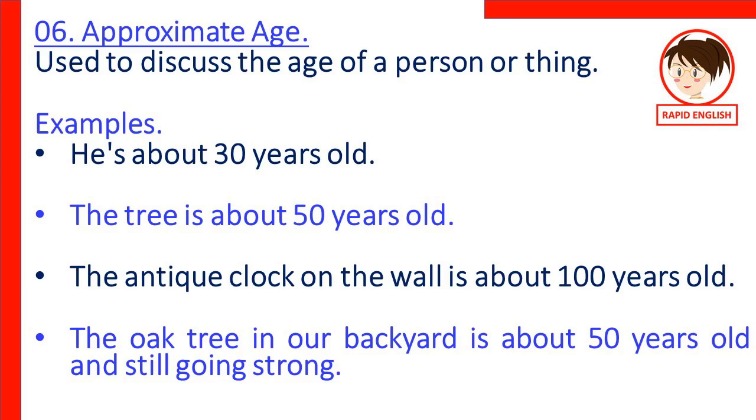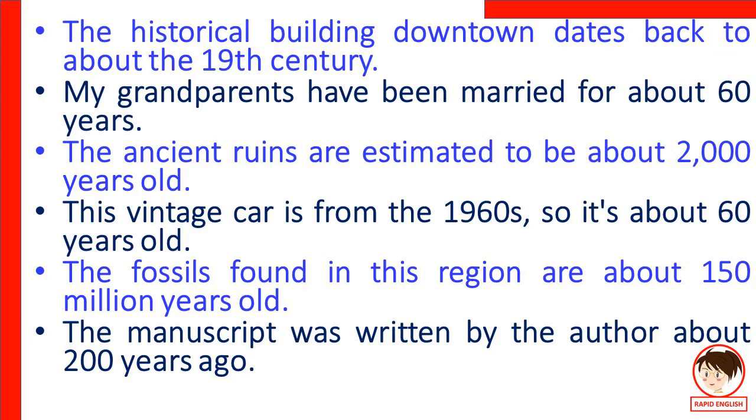Approximate age. Used to discuss the age of a person or thing. Examples. He's about 30 years old. The tree is about 50 years old. The antique clock on the wall is about 100 years old. The oak tree in our backyard is about 50 years old and still going strong. The historical building downtown dates back to about the 19th